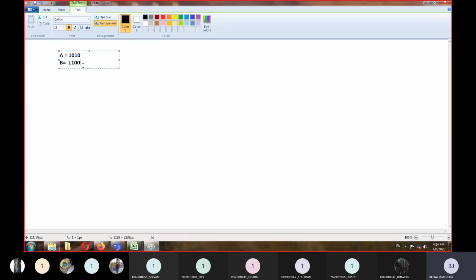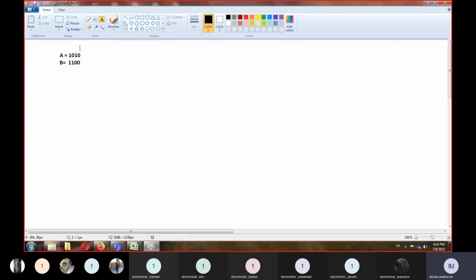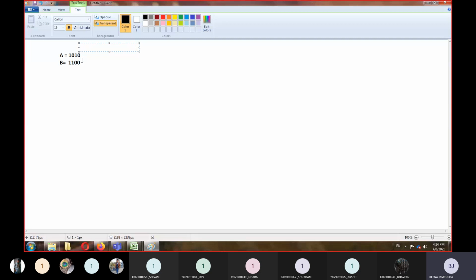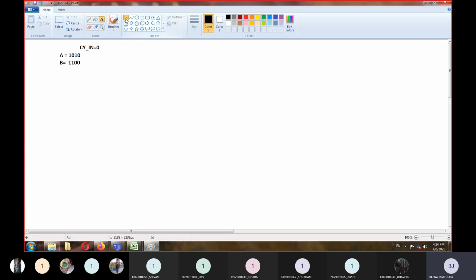And let's say the initial carry which goes over here, we will call it C in, or carry in, input carry. So it may be 1 or it may be 0. For example, let's say it is 0, and we want to find out the output addition of the two.